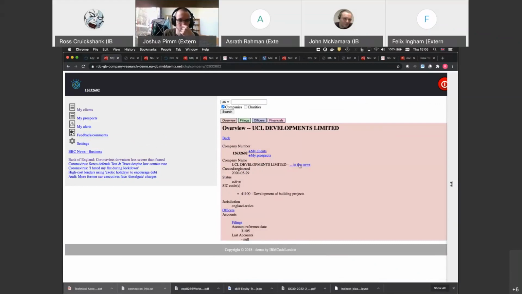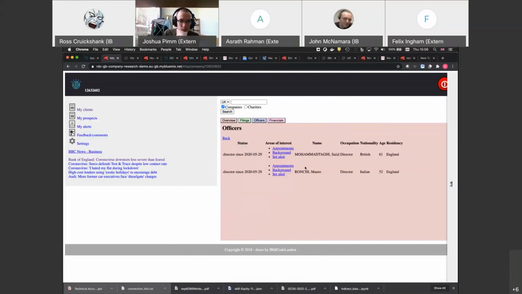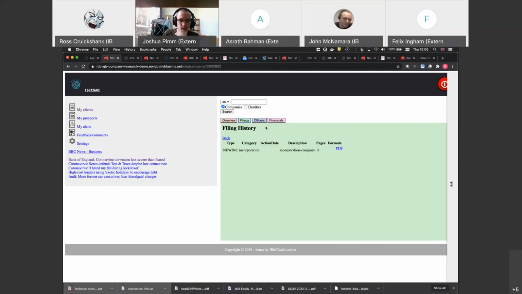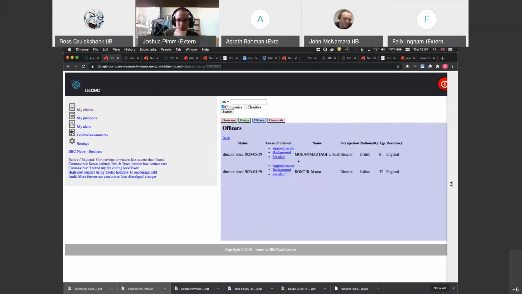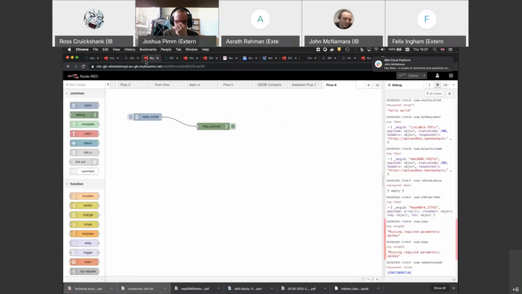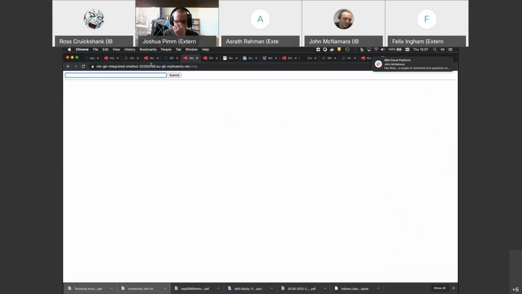I can check in the news. I can look for the officers that are attached to it. Don't think this is the same UCL. Some New Inc. Corporation. So this one was only recently set up. So a lot of information I can search for by pulling in from different repositories. So that's all NodeRED. And then we have another one which I'm building at the moment, which is an integrated